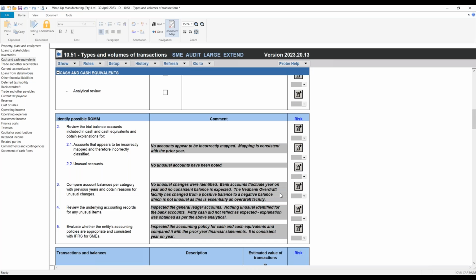And then this is the part that we spoke about in terms of IFRS for SMEs: is the client's accounting policies appropriate and consistent with IFRS for SMEs? There, Helen went to look at the accounting policy for cash and cash equivalents in last year's financials, and it is consistent year on year. Of course, we're in the planning stage now. If we had final financial statements or even draft financial statements for this year, we would not have looked at last year's financials, because it's possible the client could have changed their accounting policy. We would prefer to look at this year's final financial statements, or at the very least the drafts for this year's. But if both of those are not available,